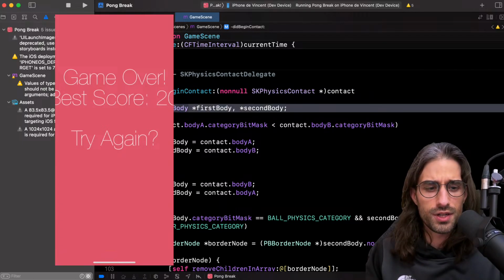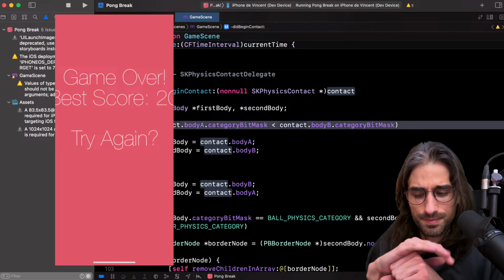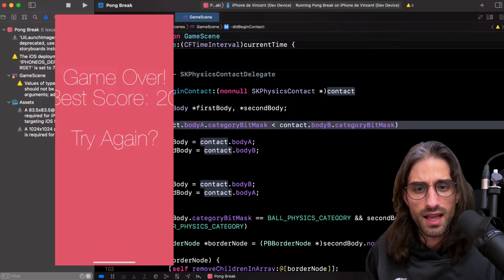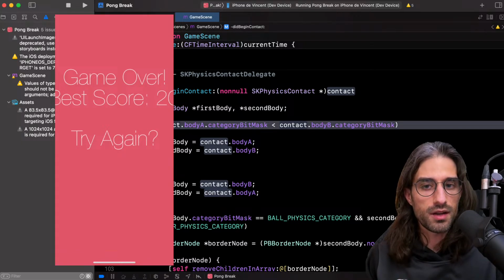So how does it work? This is the contact, meaning that SpriteKit has detected a collision between two bodies and is now asking us to reflect that collision in the logic of our game.